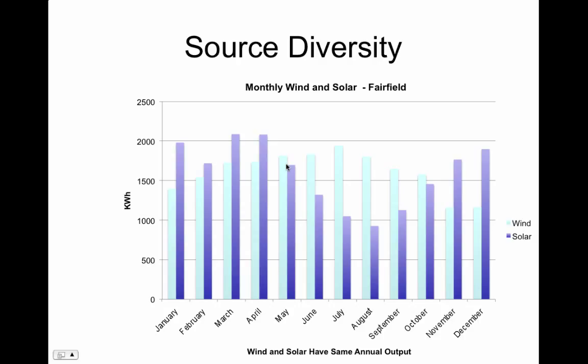And in May, it switches, and we've got more energy from the wind, less from solar, and then the wind drops off dramatically, right down there into August. Solar's really kicking in, and then September, October, November, it starts to go the other way, where October's the last month where we've got more solar than wind, and then the wind is the dominant source. But it's really beautiful what nature provides us with, because when we start to run out of wind, the solar kicks in. And when we start to run out of solar, the wind kicks in. So between the two of them, when we have source diversity, there's actually a fairly stable